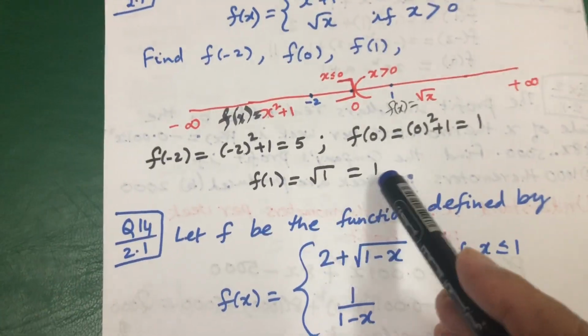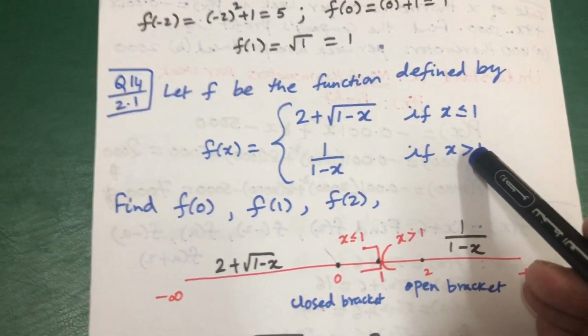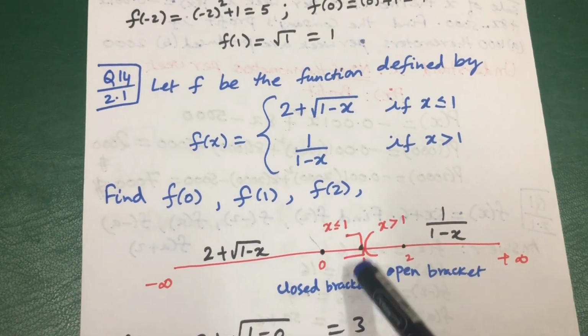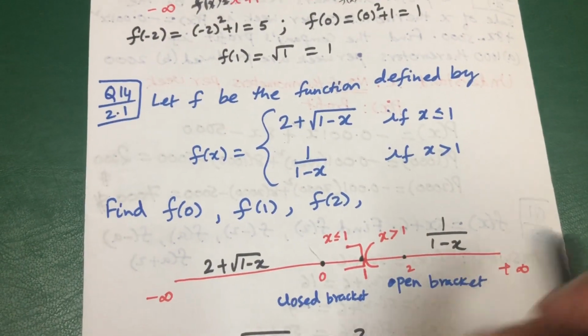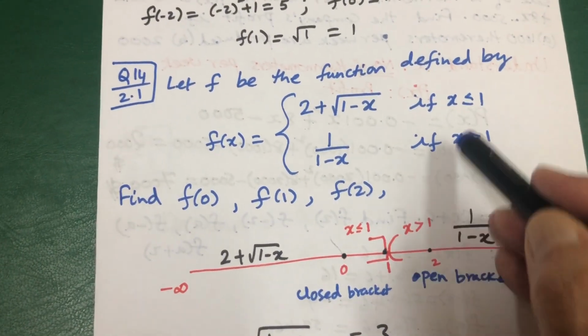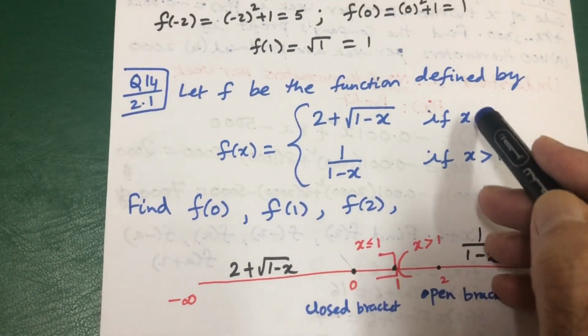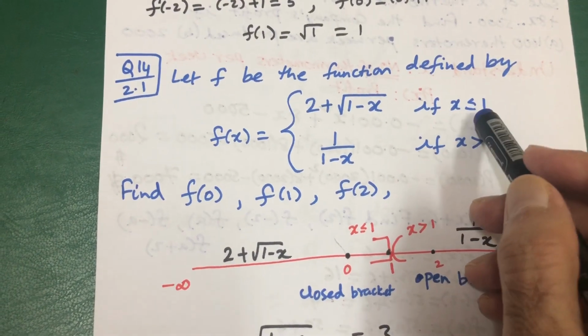Root x, so f1 is equal to root 1. This is another function, a split function, split at 1. What do you mean by split? It is making a cut. I will cut it here, before 1 and after 1. Where to keep this one after cutting? I have to keep it to the left, because x is less than or equal to 1.